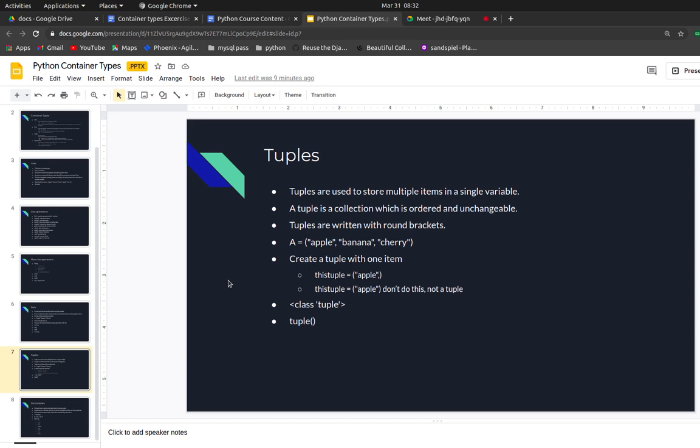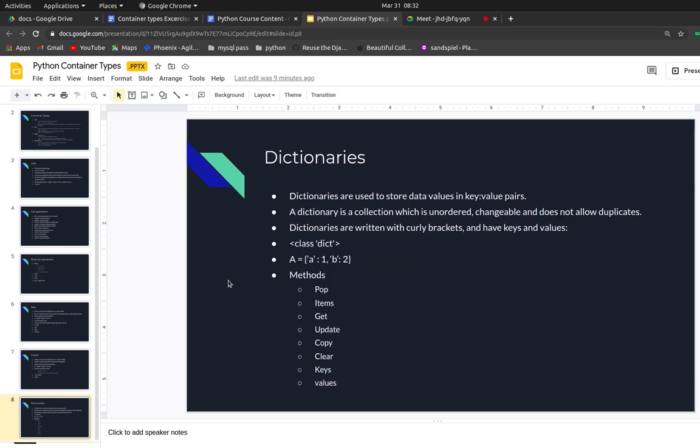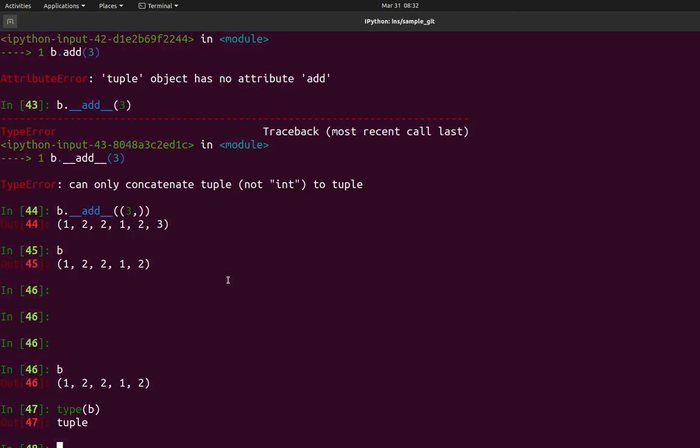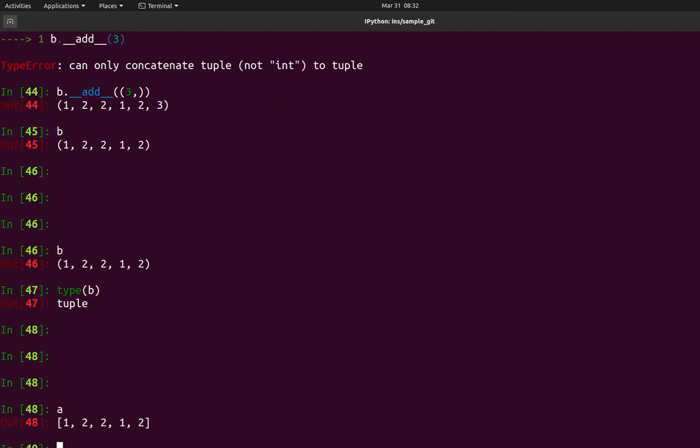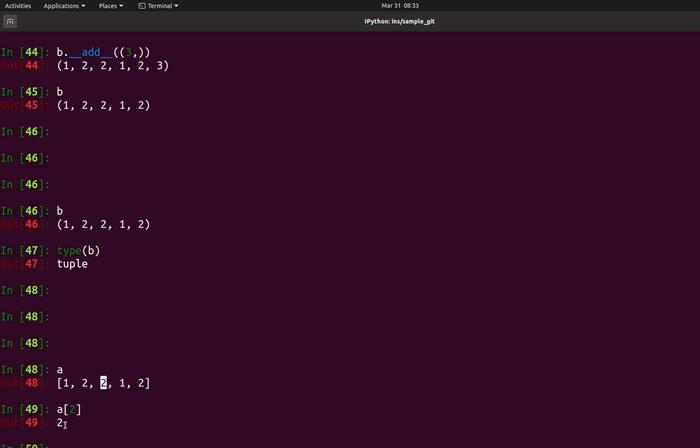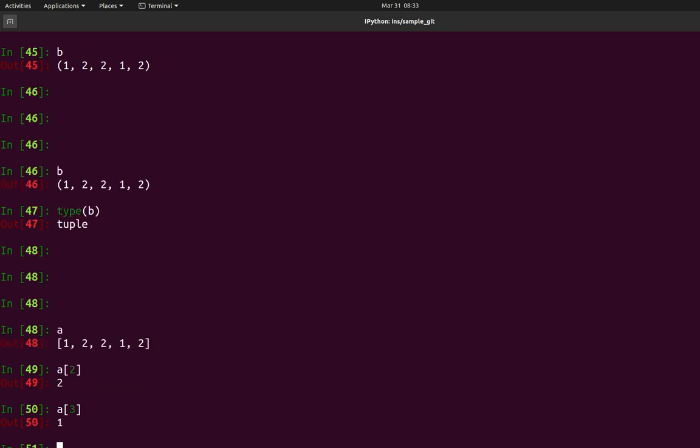Now let's say we have another data structure, which is dictionaries. Why we created dictionaries is very simple. Let's say I have a list. To get the last element, I'll have to count the index. Even for in-between elements I'll have to count the index 0, 1, 2. Only if I know the index will I get my proper element. If I don't know the index, I cannot retrieve any element. So that is the major problem.